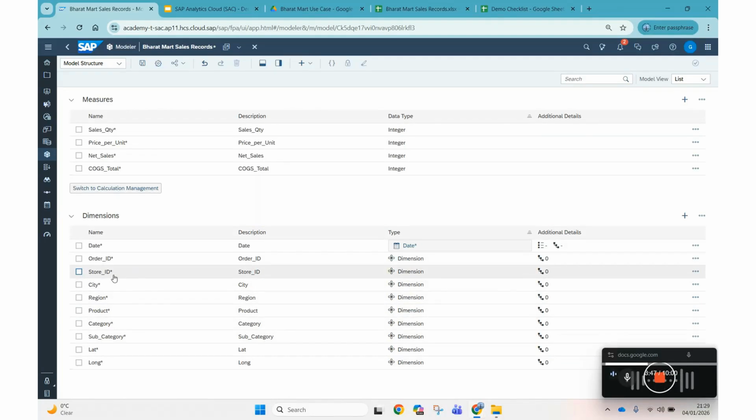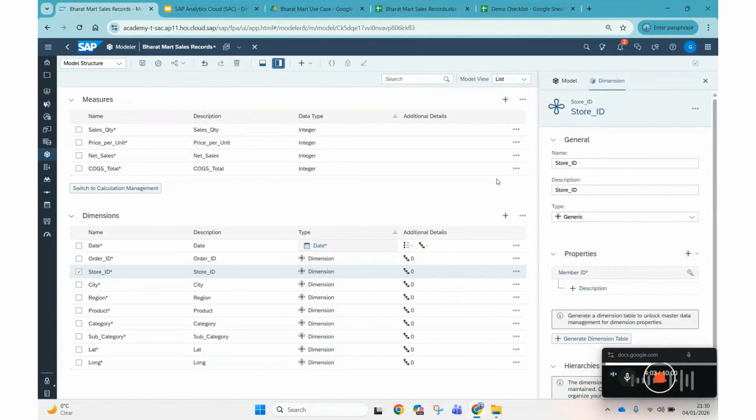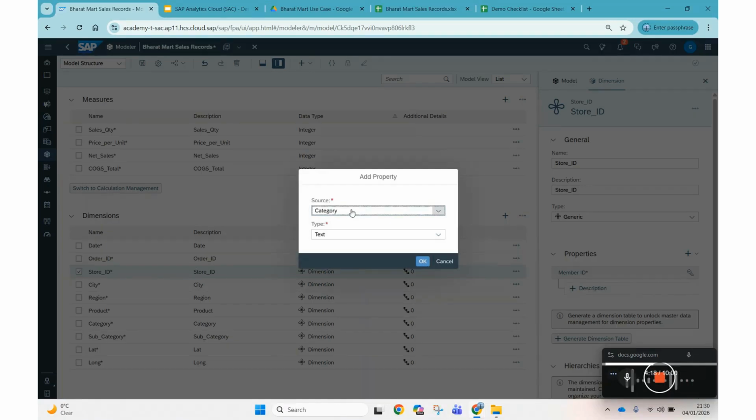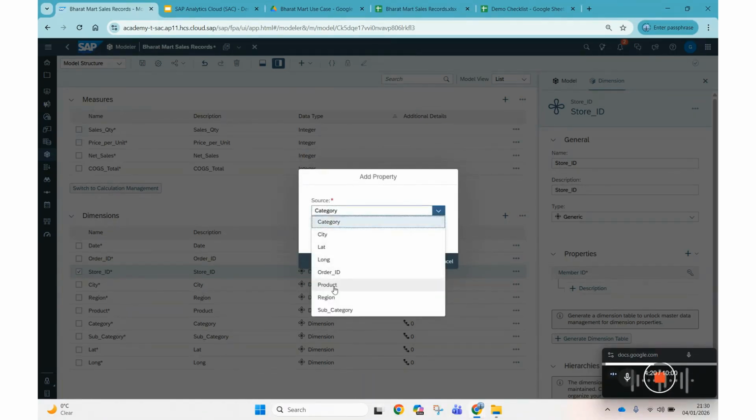Now, the interesting thing about store ID is that you can think of store as a dimension which has properties like city and region. Because honestly, a store is inside a city and the city is inside a region. So the interesting thing in SAP Analytics Cloud is that you can group these properties with the store ID. And the way to do that is actually to create a new source, select the store ID and create the property from the source, and then select